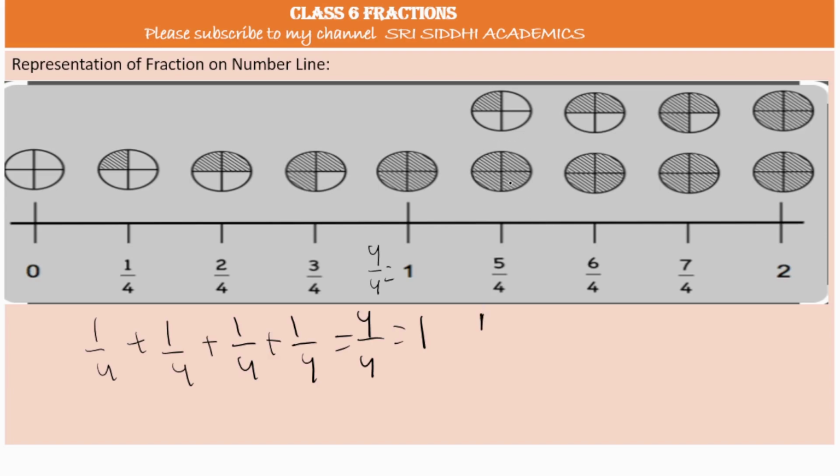One full circle and another 1/4 of a circle. So it is 1 1/4. 1 1/4 को अगर हम improper fraction में represent करेंगे, then we will multiply 4 into 1. It becomes 4, and then we add this 4 and 1. It becomes 5. So improper fraction जो बनता है इसका वो हो जाता है 5/4. Okay. Then similarly here